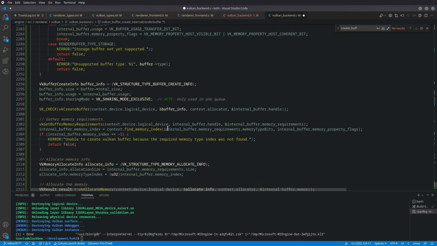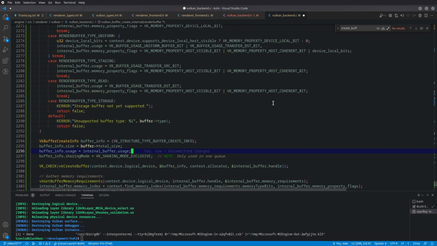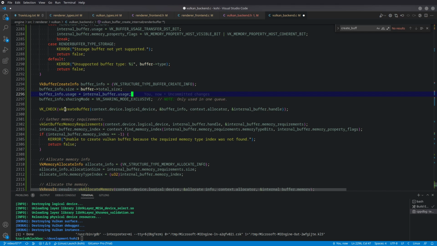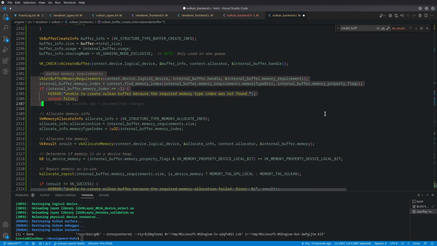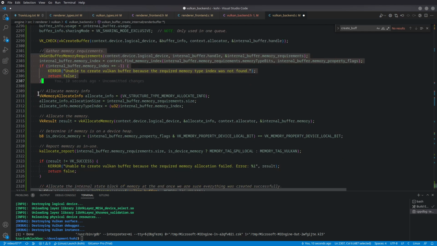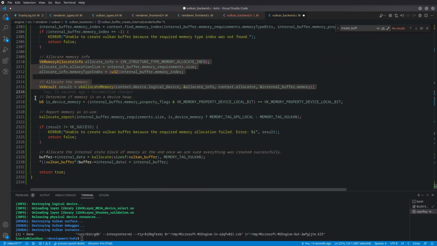So I'm going to go ahead and paste this in. And we have our buffer create info. Again, this is pretty much the exact same stuff we had before. It's just formatted slightly different and a little bit more dynamic. We go ahead and create the buffer, gather the memory requirements, allocate the memory, determine whether or not it's device memory, and then we call our kallocate report